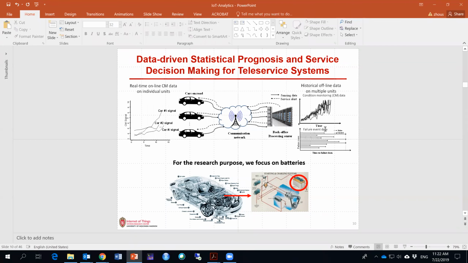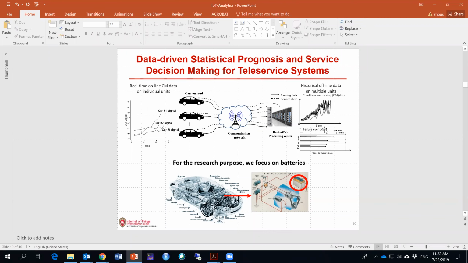And for the battery, we specifically collect some degradation signals, such as internal resistance, capacity, etc. Those condition monitor signals, we call degradation signals, are continuous temporal signals. It's a longitudinal signal we collect over a long time, and it is gradually getting bigger and bigger. Once it's larger than a certain level, it's an indicator that we have a high probability the battery will not be able to start the car.